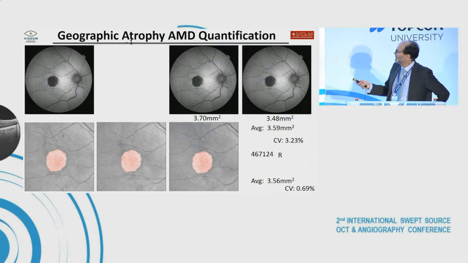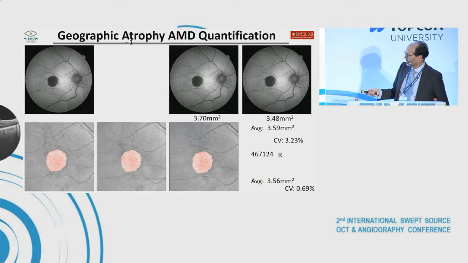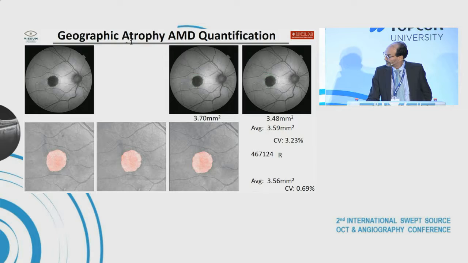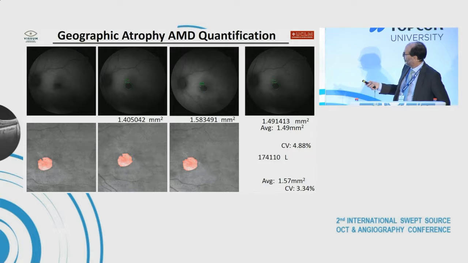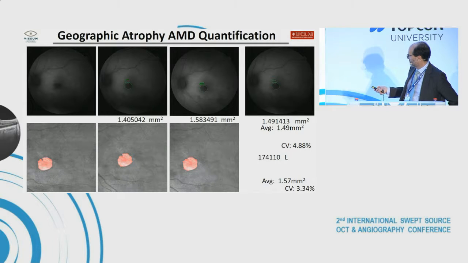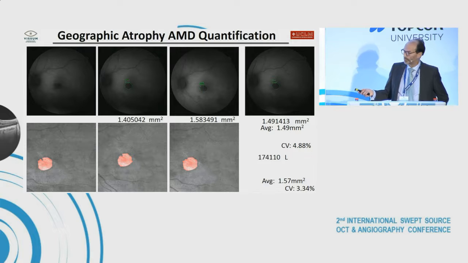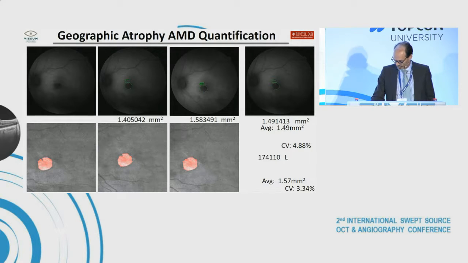This is one simple lesion. These are the measurements obtained with autofluorescence. This is the automatic determination by the software. This is the average with coefficient of variation with the manual procedure, and this is the average of automatic measurement with the software with coefficient of variation. Another case with small lesions, the average of manual with autofluorescence with coefficient of variation, usually bigger in manual determination with autofluorescence versus the automatic procedure, the mean of the coefficient of variation.